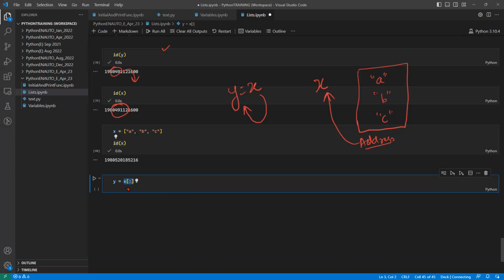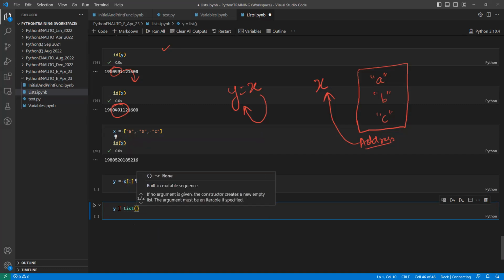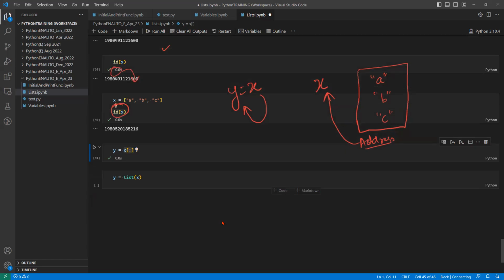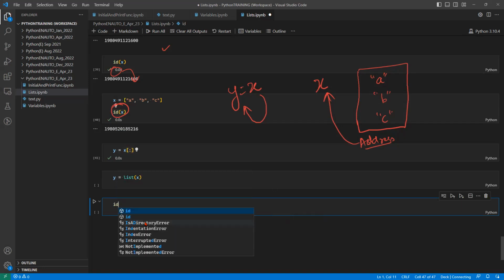Okay, this could be one of the ways. Another way to do the same thing, although I haven't run this, is y is equal to list of x, which is a function which will access the elements of x and create a new list. Any of these two things achieve pretty much the same thing in this scenario. If I run either code, it doesn't matter, both mean the same thing here. These can mean different things in different scenarios, but here effectively it is going to do the same thing. So now if I were to check what is id of y,